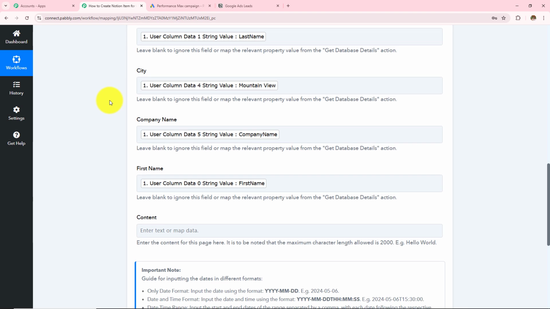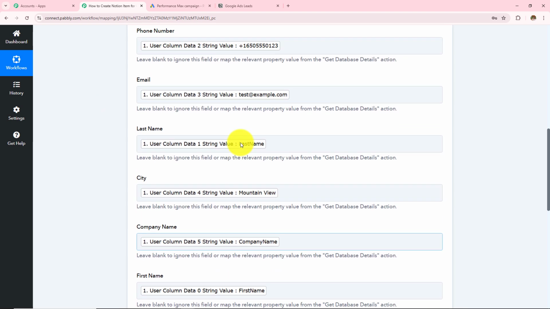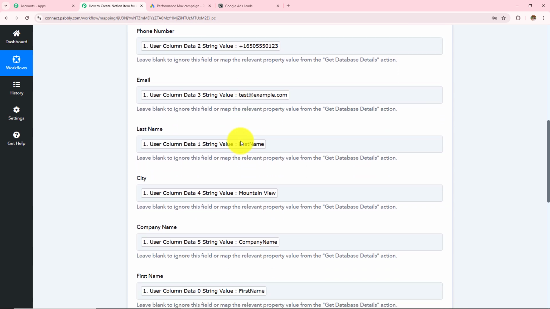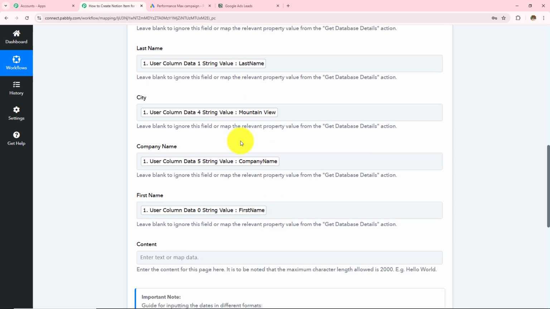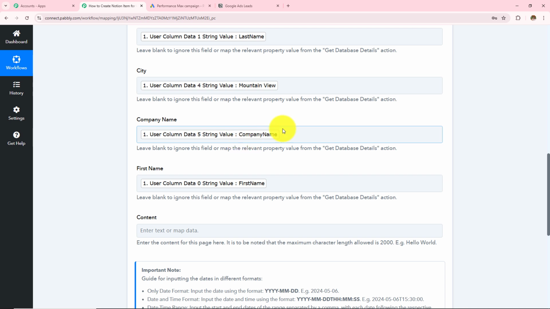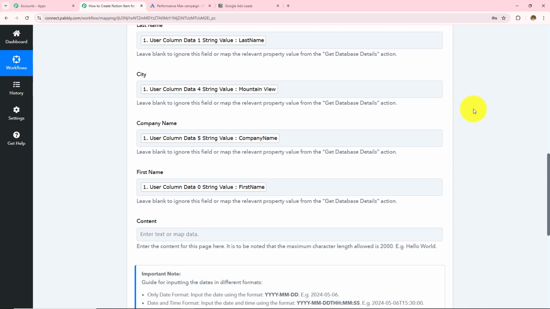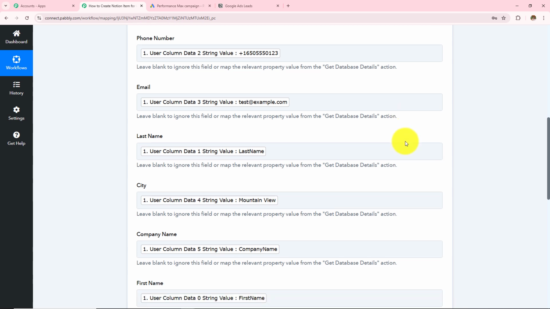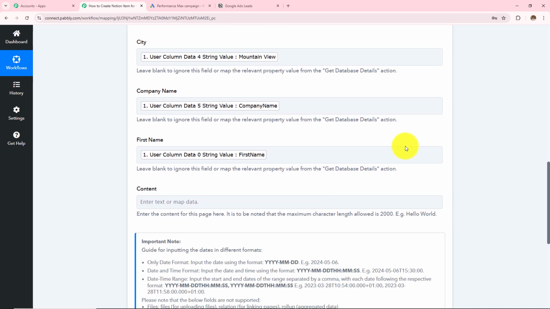Now over here, mapping is important so that every time you receive a new response, it is taken into consideration in these fields. Manually entering the data will make these fields static, and the information will not change even if you have received a new response. Over here, if I manually enter any detail, this field will become static, and every time I receive a new response, the result will not change. So as to keep these fields dynamic, we use this process, mapping, instead of manually entering the details.